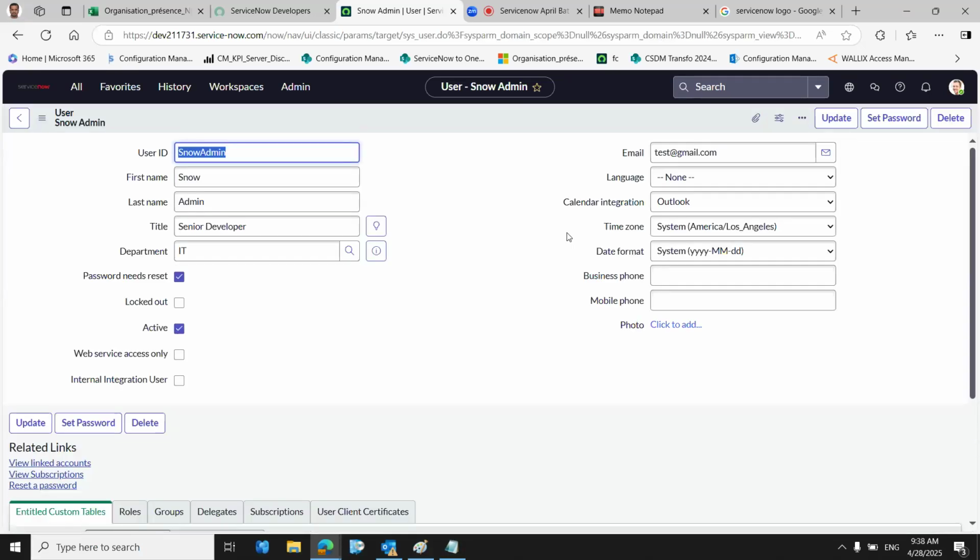Okay, now the user record is created. And now we need to test whether this user is able to log in or not. Then what we do, you can copy this